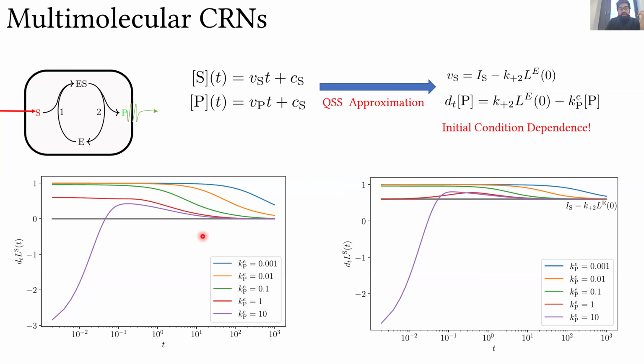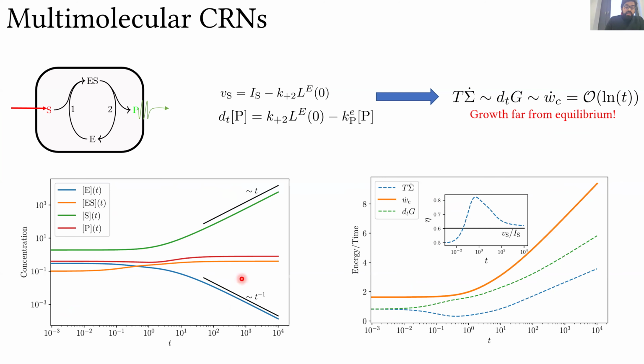And here I show you this initial condition dependence in plots. The quantity I'm plotting on the y-axis is the rate of change of the amount of S in the system versus time. And you see that when the initial condition is not favorable, this quantity always goes to zero. Eventually, it reaches a steady state. Whereas here, in this example, you see that this quantity is positive and it reaches a non-zero rate of growing. So the time derivative of the amount of S is positive, which means S is increasing continuously in